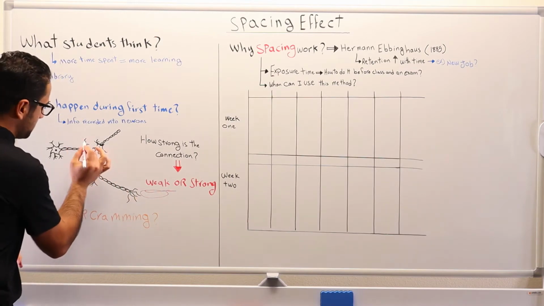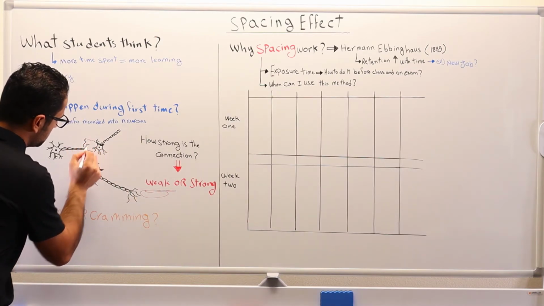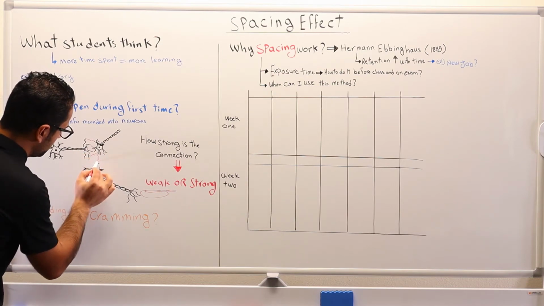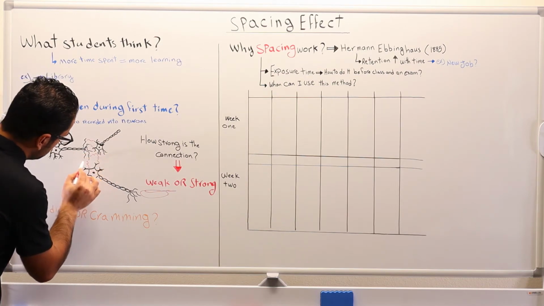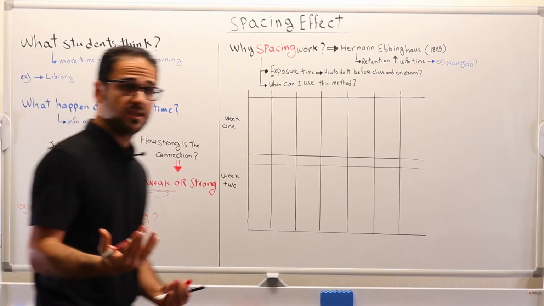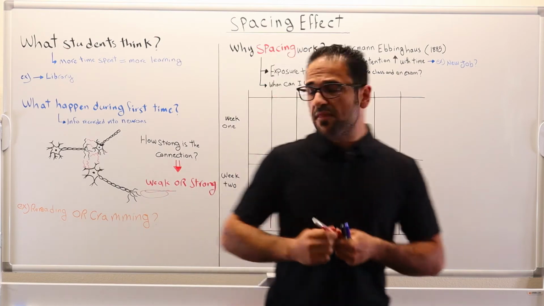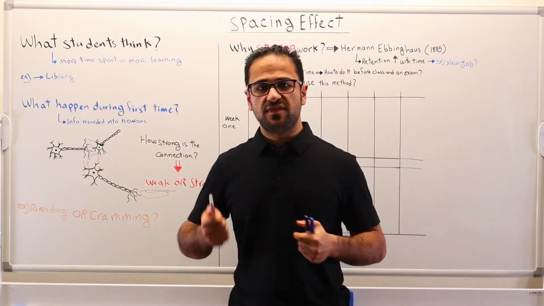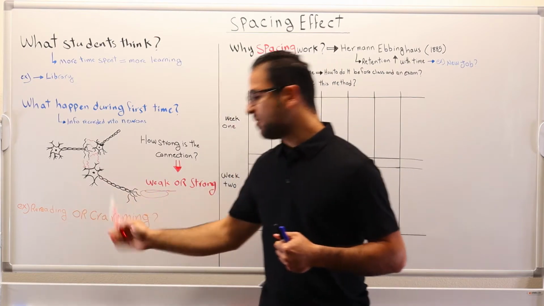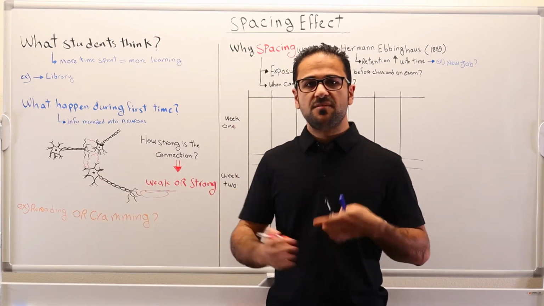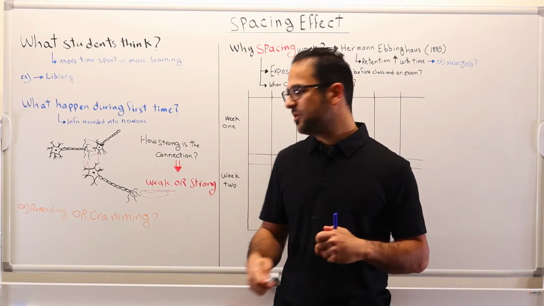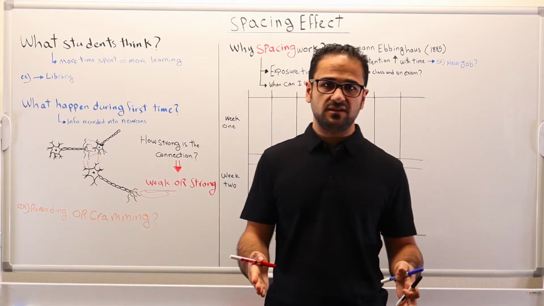So when these neurons are connecting, they're making a little connection when you're exposing yourself to the topic you're studying. They're making this kind of connection, but it's really weak. It's not as strong as you would think it is. And this is why many students think that rereading or cramming would give them the best result. Well, maybe in the short period of time when you reread the material,